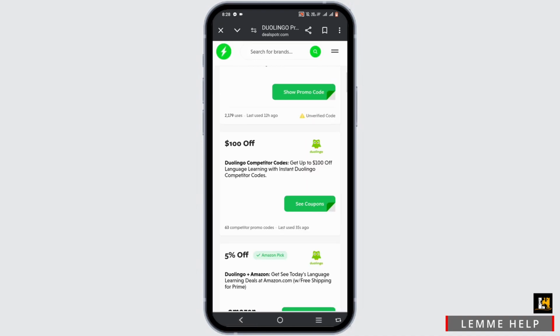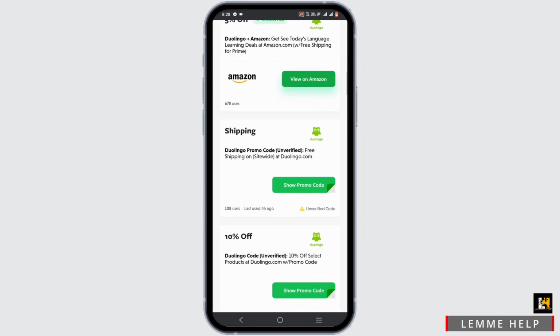Then check out the latest and premium versions of Duolingo. When you are purchasing it, make sure to apply the code that you copied, and that is how you can easily redeem the